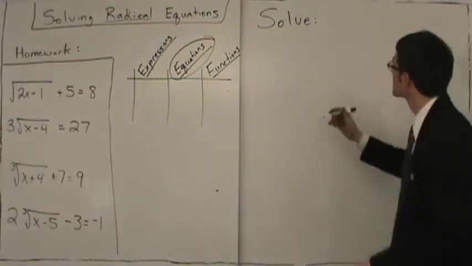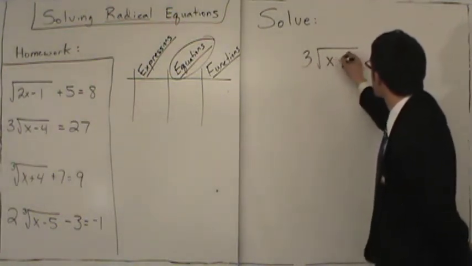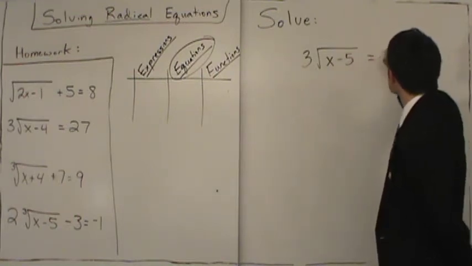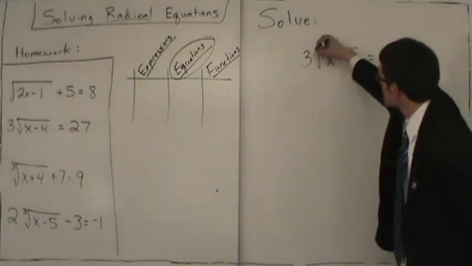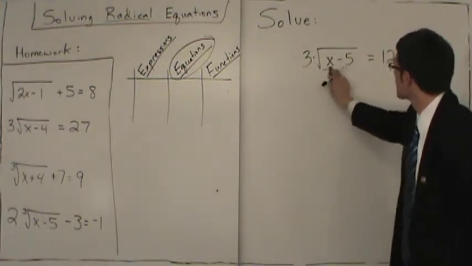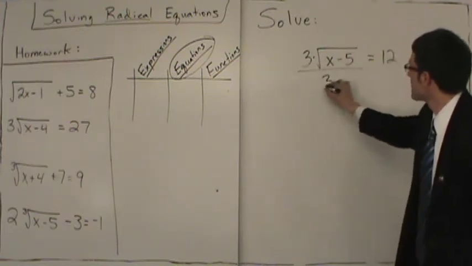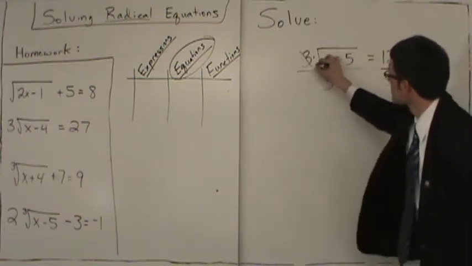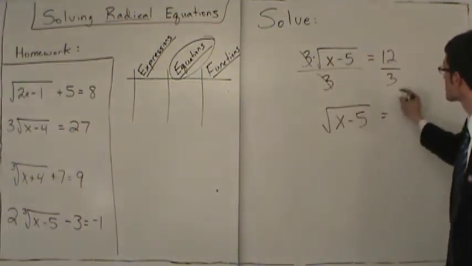Okay, so we're looking at 3 times the square root of x minus 5 is equal to 12. In this case, notice 3 is not being added, 3 is being multiplied. So again, we have to isolate our radical. That means get rid of what? Get rid of the 3. Since 3 is being multiplied, we do the opposite, divide by 3. The 3's cancel, we're left with the square root of x minus 5 is equal to 12 divided by 3,